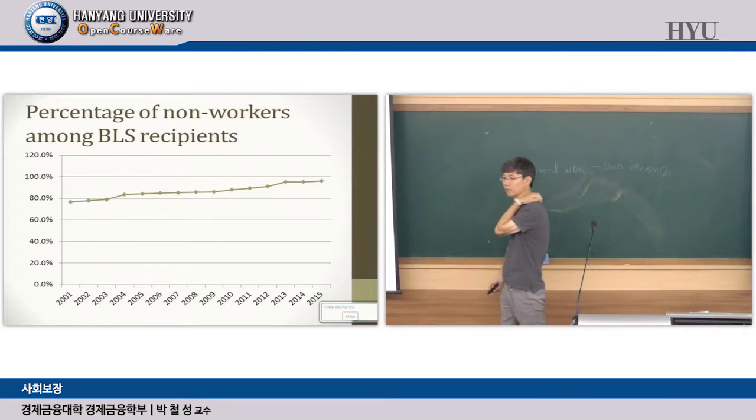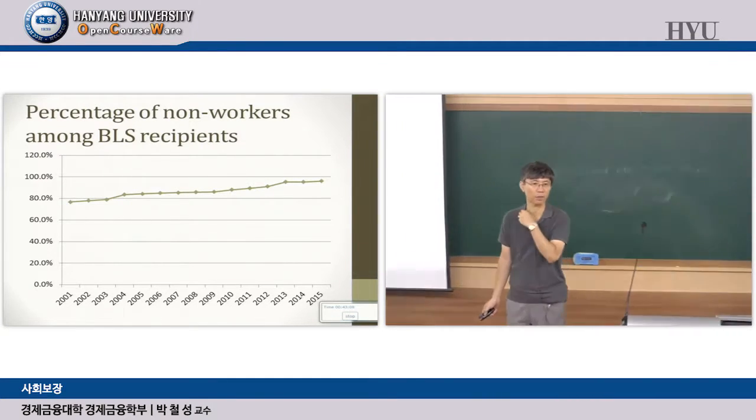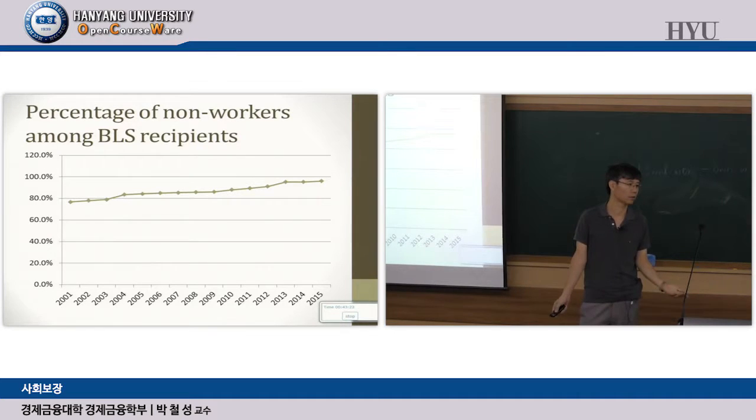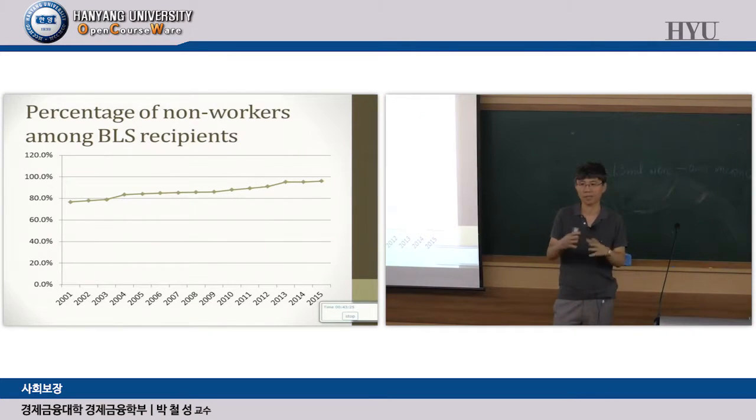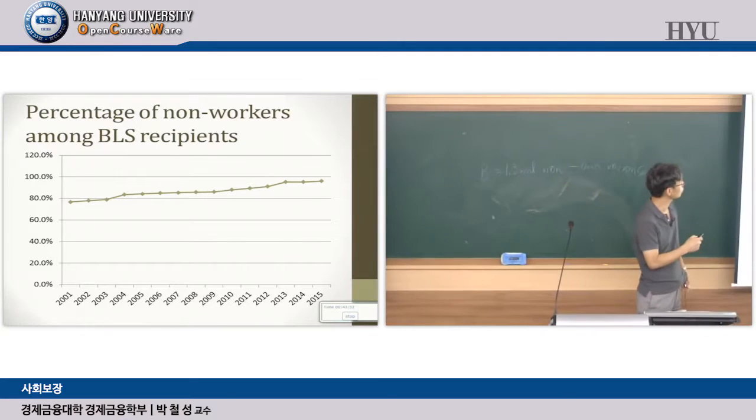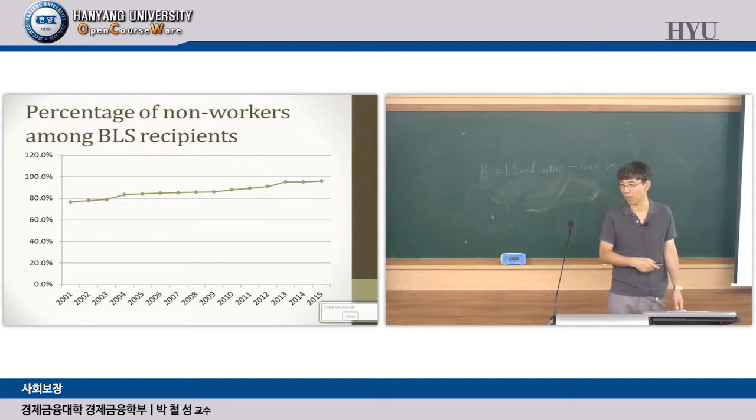It can mean two things, right? One thing is that probably this program is so good at finding the very poor people who cannot work. So only those people who cannot work get the benefit. That's one way of looking at it, right? Their screening of the recipients is so good that people who may be able to work but still get the benefit, we just screened out.